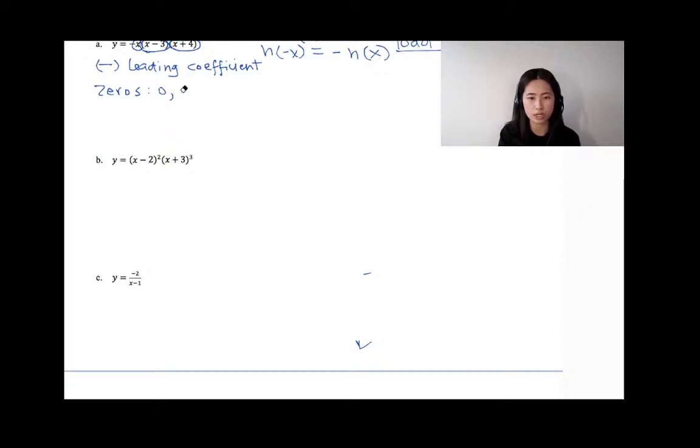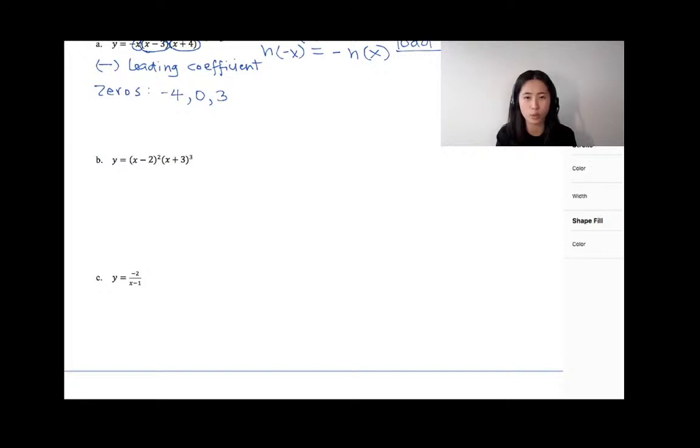So maybe we can just group this based on the smallest versus the largest. So we have negative 4 to begin with because x plus 4 is equal to 0. Therefore, you're going to get negative 4, right? And then you have 0, comma 3, because x minus 3 is equal to 0 gives 3. So in that case, you're going to see that the multiplicity of x plus 4 is going to be 1,